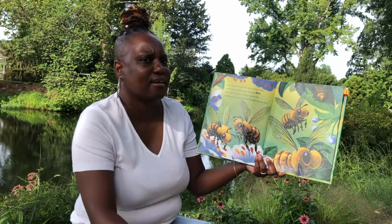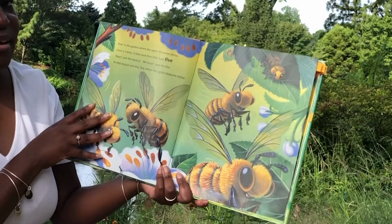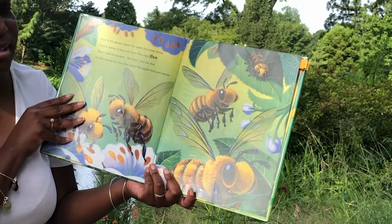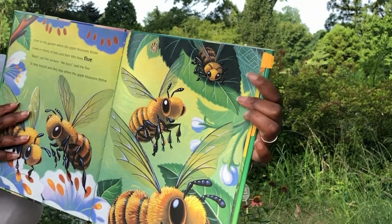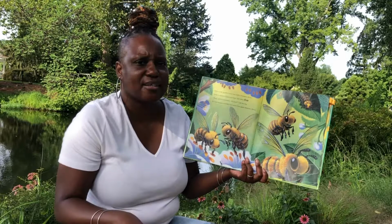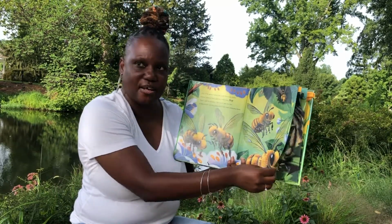Now buzz on back so we can find the number 5. I'll give you a hint. It is hidden in the spider web. You guys see it? Right there. What number's next? Did you say 6? Right, number